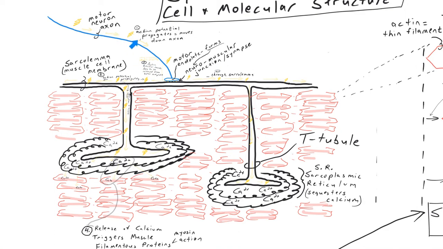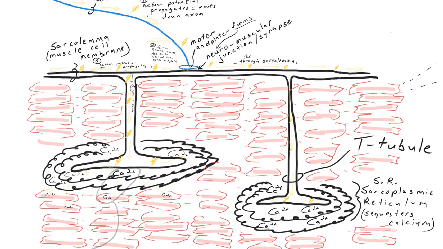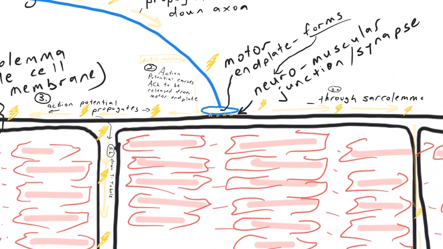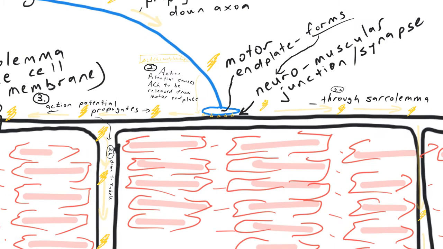What happens when that action potential arrives is that, looking a little bit more closely, right at the neuromuscular junction, acetylcholine is released, and the release of that acetylcholine, which we abbreviate ACH, causes an action potential in the muscle